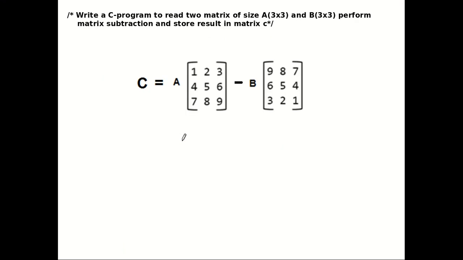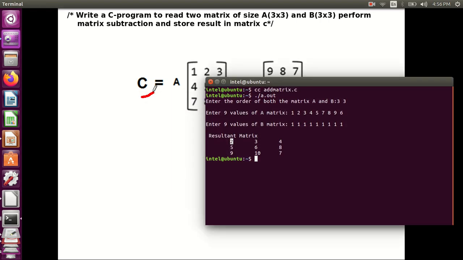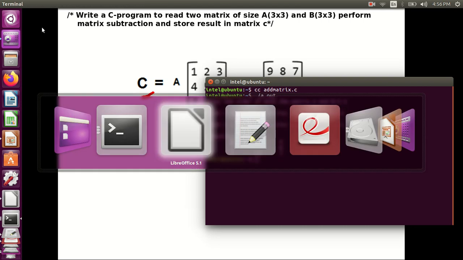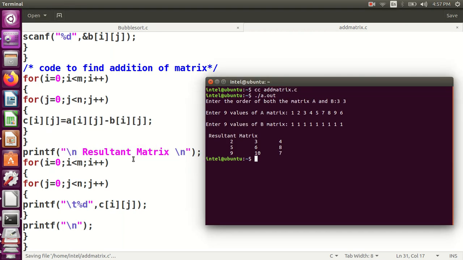See, then how to write a program for subtraction of two matrix, and the result has to be stored in a matrix C. See, everything is the same, just we have to change a sign. So go to the terminal, go to the program. So instead of plus, we have to just mention it as what here, minus. So once again you save the file. So go to the program execution, recompile the program,